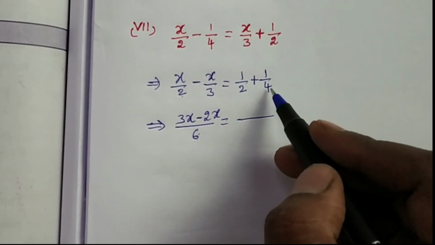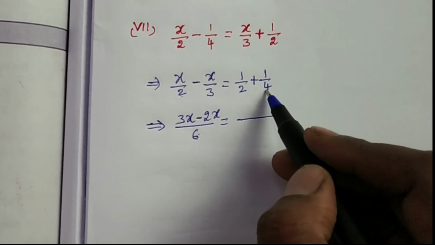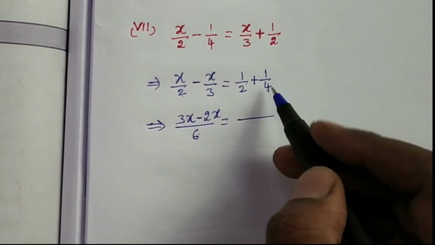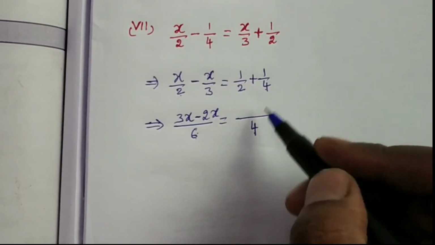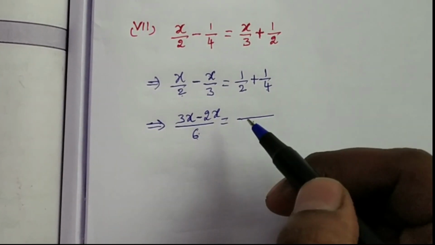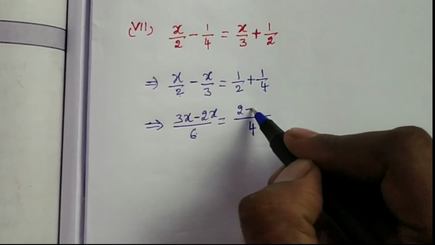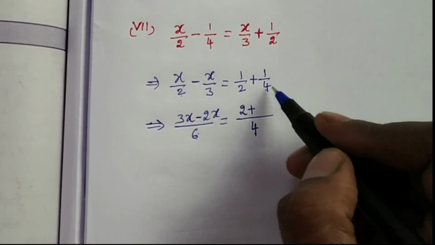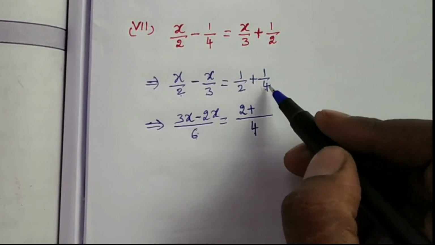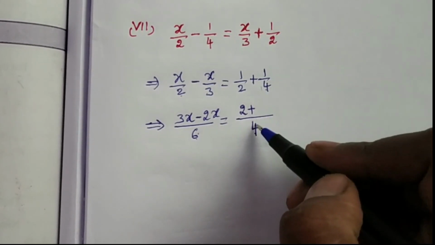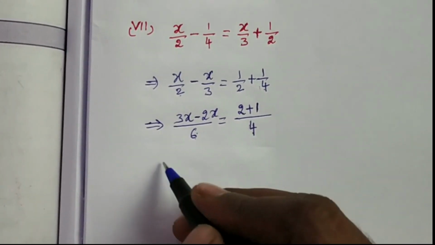The denominators are 2 and 4. Observe this 2 and 4. 2 is a factor of 4, 4 is a factor of 4. So among these two numbers, the largest number is 4. So LCM is 4. 2 in 4, 2 times cancel. 2 into this one, 2 into 1, 2, plus, the second term denominator is 4. This 4 in LCM 4, 1 time will cancel. 1 into this numerator, 1 into 1, 1.